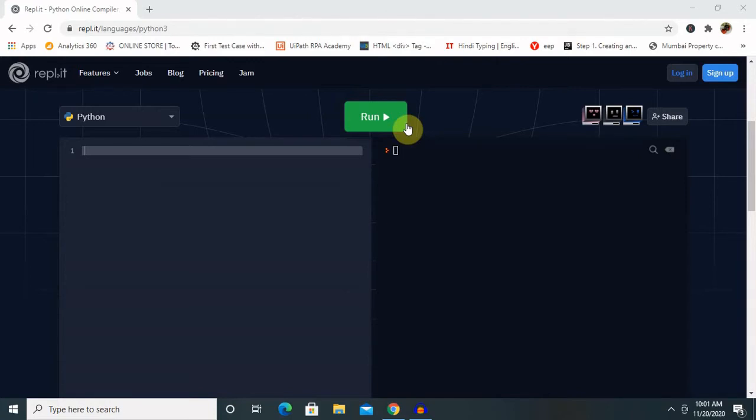Let's begin with Python set function. Sets are used to store multiple items in a single variable. Set is one of the four built-in data types in Python which store a collection of data. The other three are list, tuples and dictionary. I have already created several sessions on these three topics. So if you are interested, please watch my previous sessions.